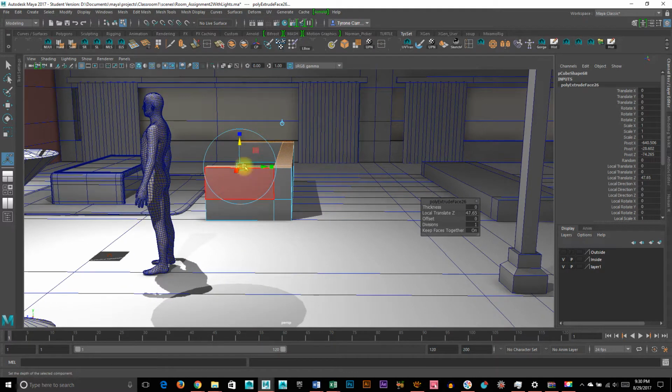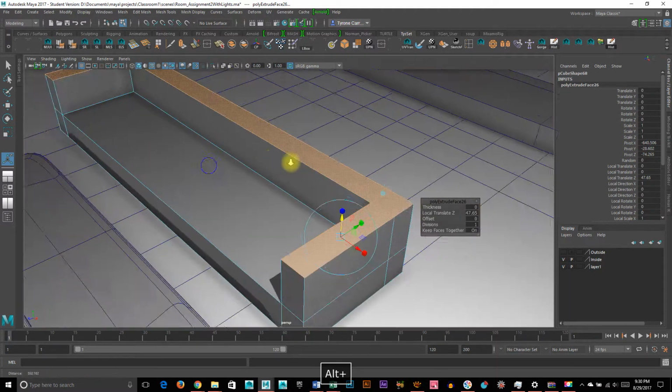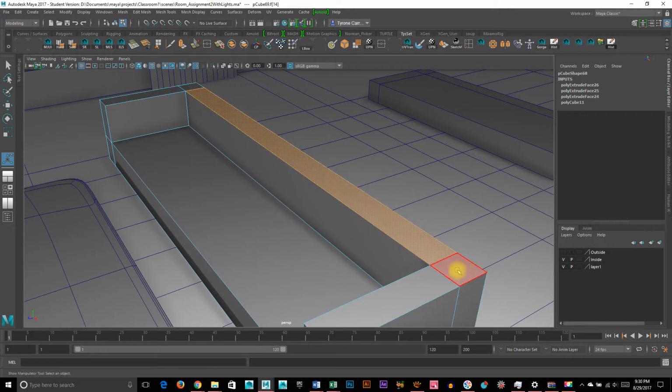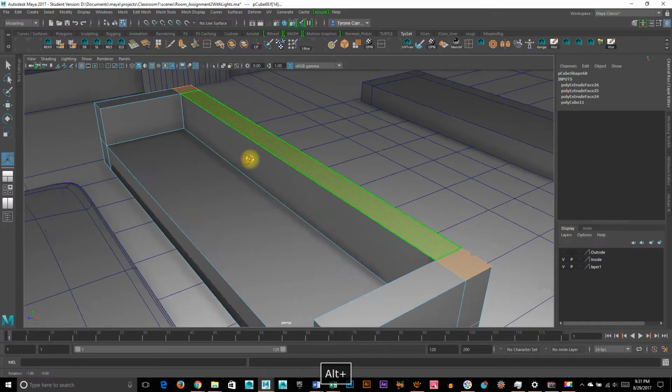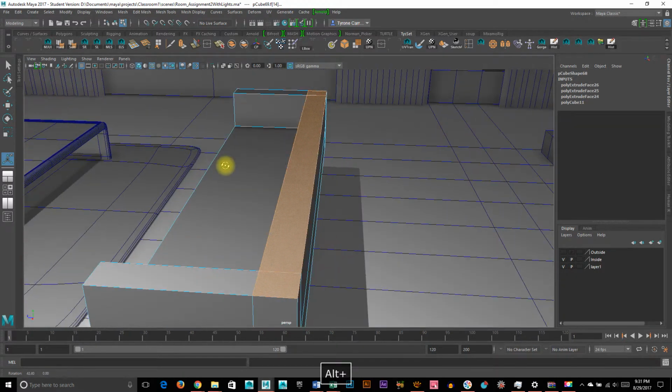And then I have to decide, how high is this? Is it one of those couches where the pillows on the back go higher? Does this bend backward? Does this back piece extend higher than the armrest? And if that were the case, then I would just grab whatever I needed, whether it was just the center or these three right here, and extrude them upward, and then could mess around with that. But it's really going to depend on